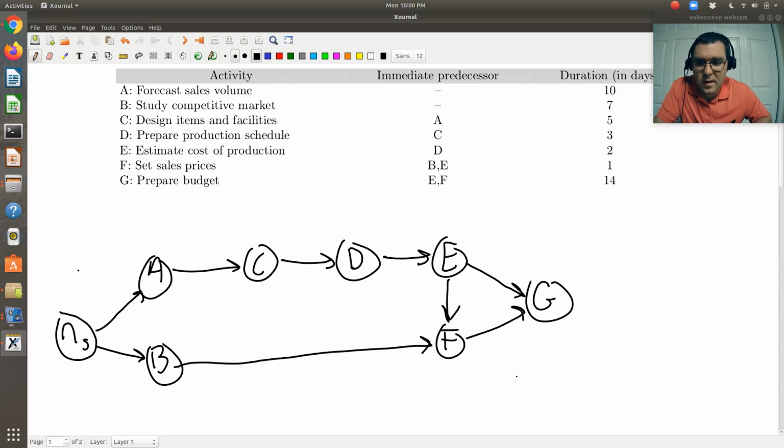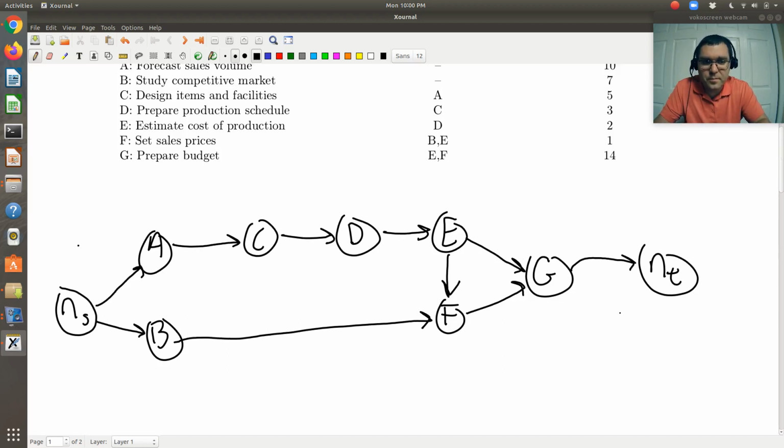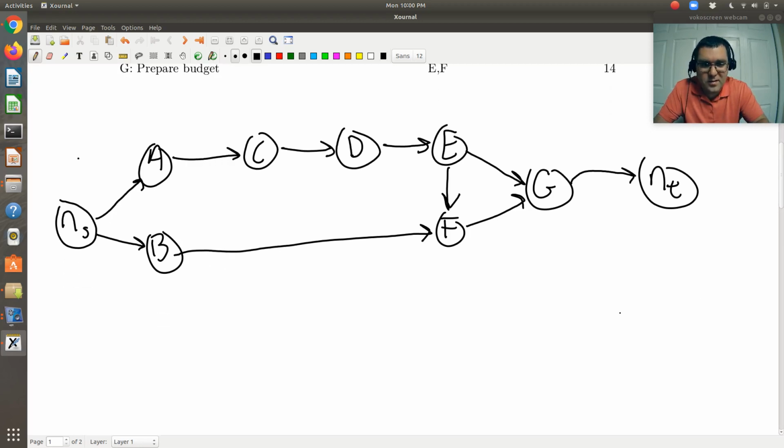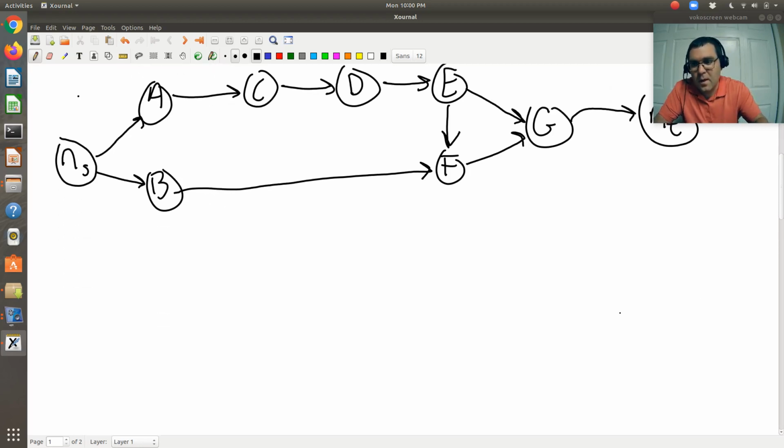And then that's it. So I'm going to draw my terminal node. What I'm making sure is that each node has some sort of outgoing path or terminal path. All do except G, so it's G that I'm going to tie to my terminal node. Okay, cool. Now that I have the basic layout and connections right, I'm going to go back